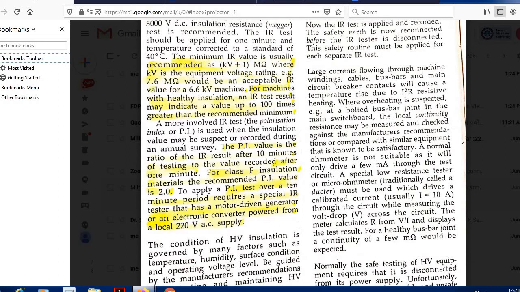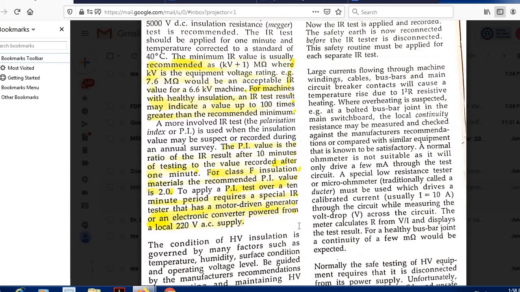Okay, so now you have taken two readings. One is you have applied the Megger for 1 minute and you have taken some value of the insulation resistance. Then at the same point you have applied the voltage through the Megger for 10 minutes and you have taken the insulation resistance. Now the PI test, PI is polarization index test, is equal to the ratio of the insulation value for 1 minute, divided by the insulation value by applying the Megger voltage for 10 minutes.